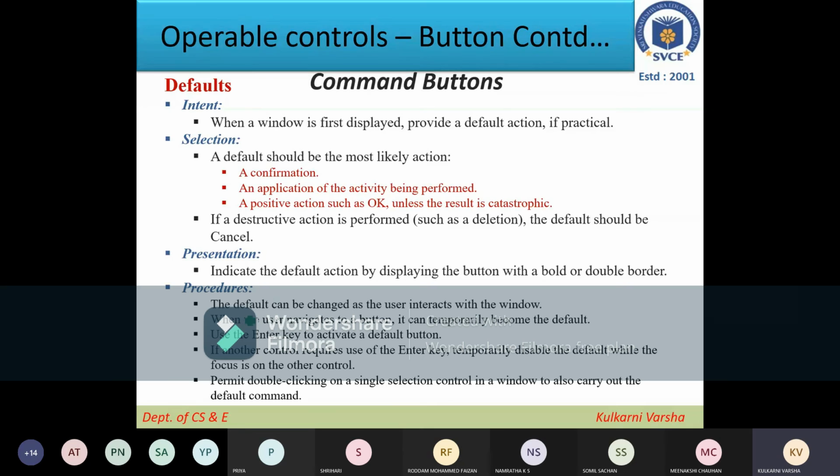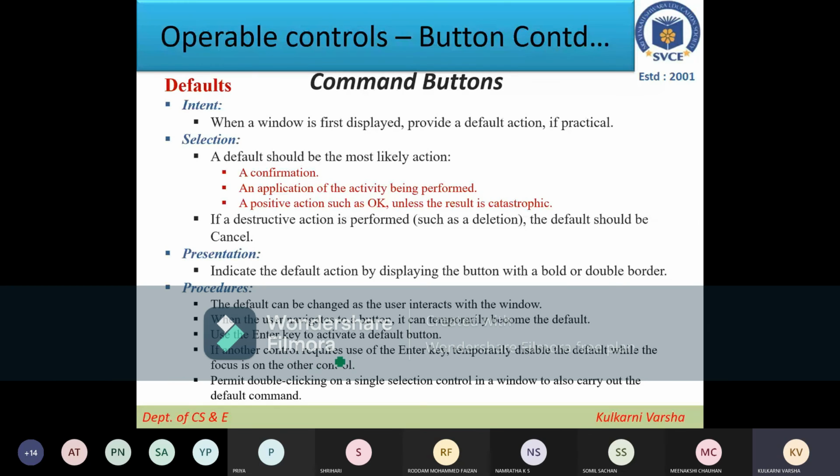What is the procedure? The default can be changed as the user interacts with the window. When the user navigates to a button, it can temporarily become the default. Use the Enter key to activate the default button.